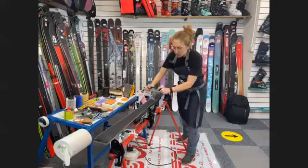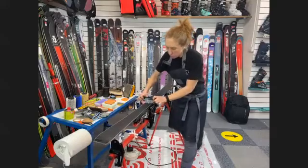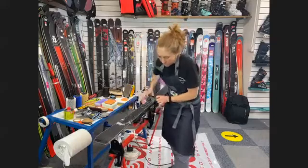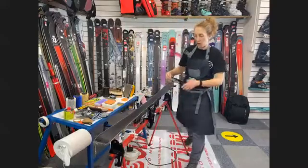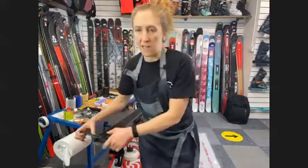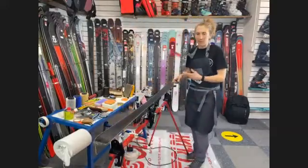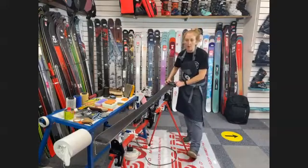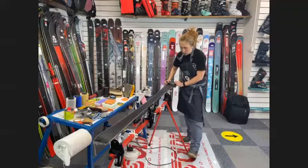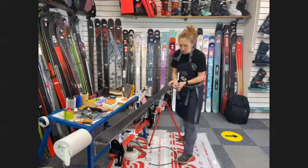So we're just going to, like we did when we were sharpening, do a couple of passes, short, with overlap, exactly like we did when we were edging. If you try and do any work running all the way down the length of the ski, it's hard work and you're likely to trip over things. It's almost a waste of what you're doing, and often you can slip off, that kind of thing. So same as edging, split the ski into thirds, a few passes at one end,